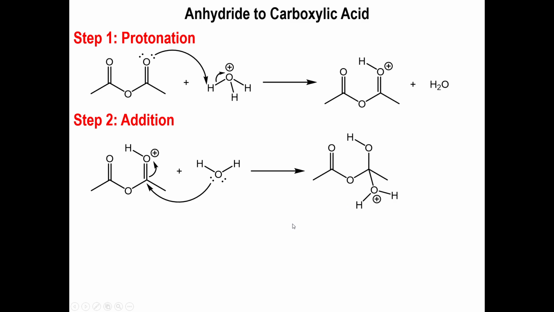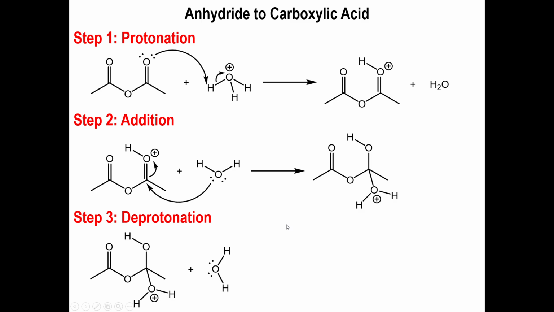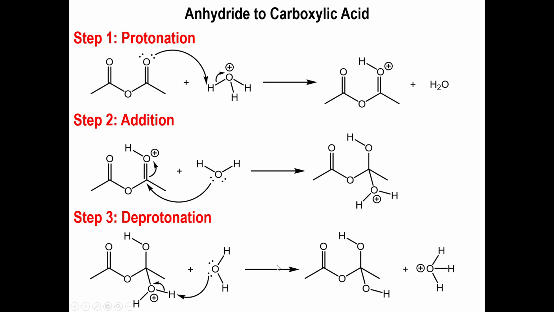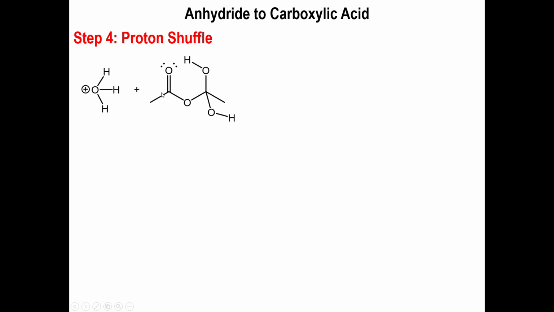And then what happens here is that we're going to do a little bit of a proton shuffle. So we deprotonate that molecule using another water molecule. The water molecule attacks the proton, the electrons go back to that oxygen, so we end up with the neutral intermediate here. And then that proton gets added onto the opposite carbonyl. So the carbonyl technically attacks the acid,